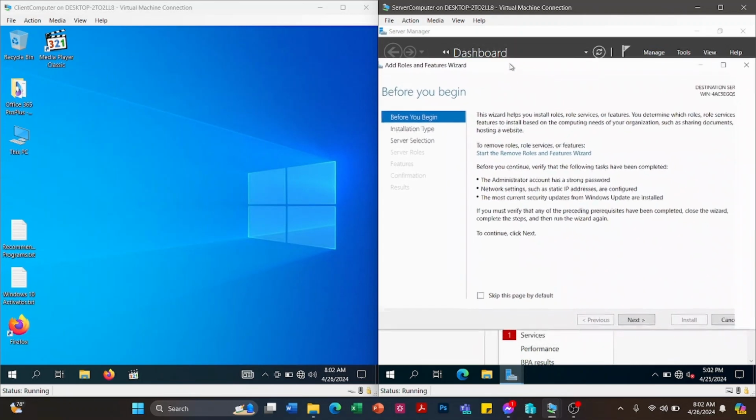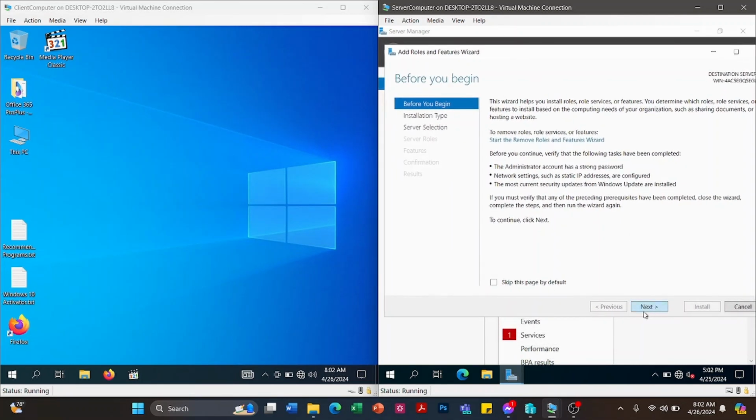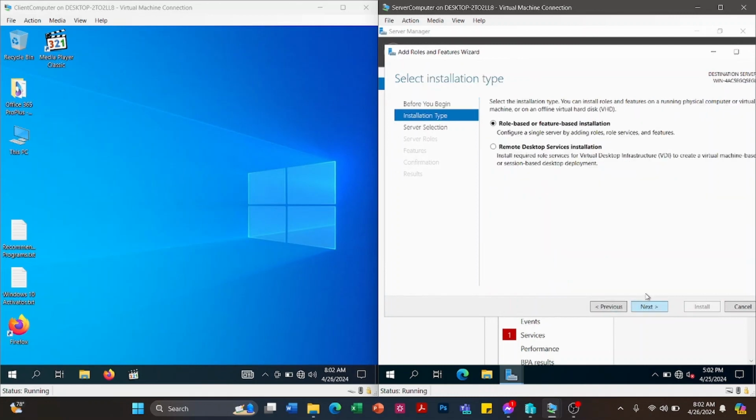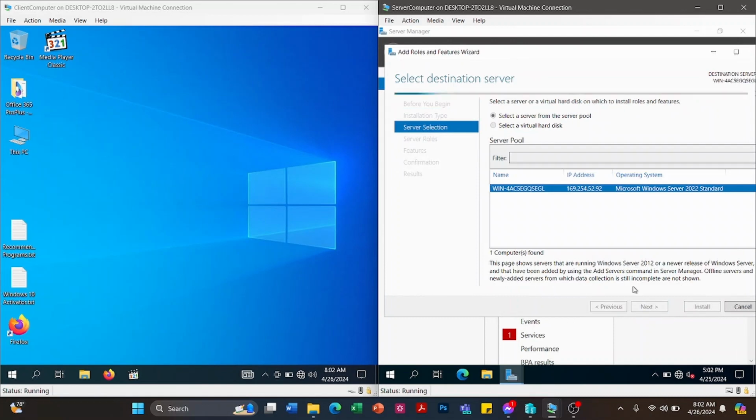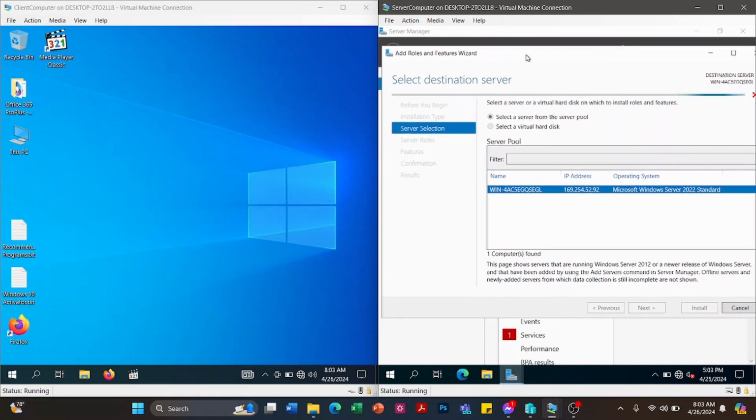The Add Roles and Features wizard will appear. Just click next here, then next, and next. Just wait a little bit.